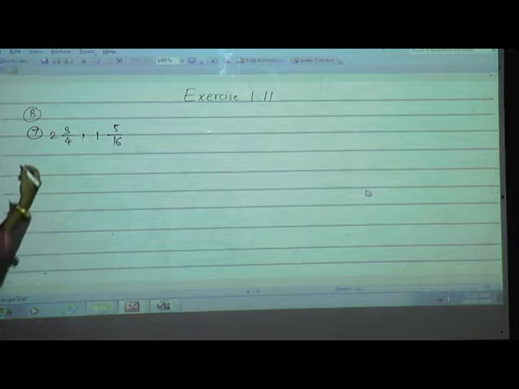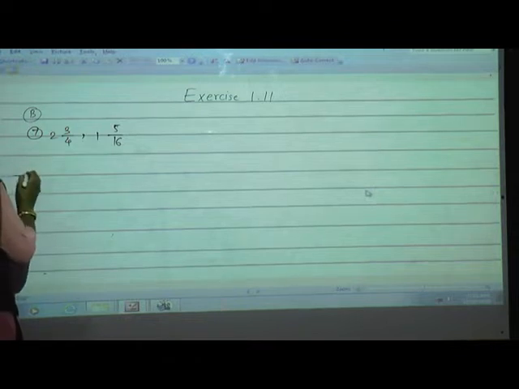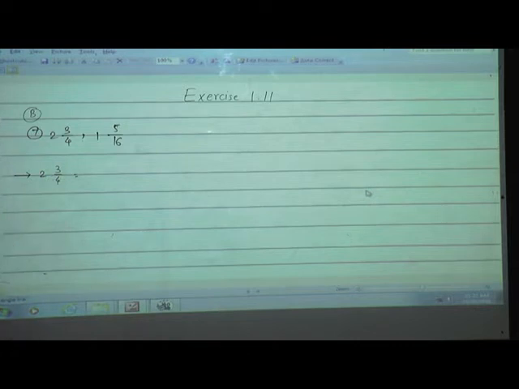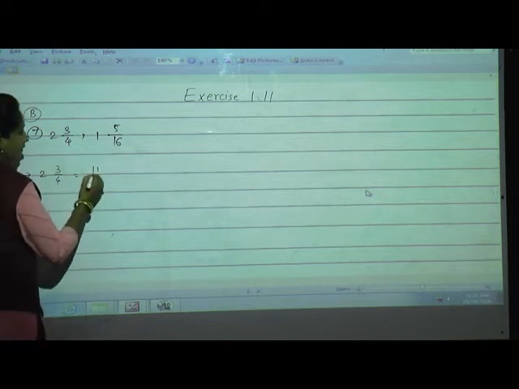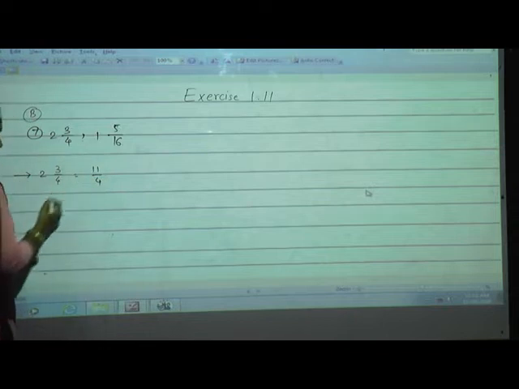Yes. So first we have to convert mixed fractions into fraction numbers, isn't it? So 2 3 upon 4. Shall we do it in shortcut? No need to write again 2 multiplied by 4 plus 3 and divided by 4. I'll do directly 2 4s are 8. 8 plus 3? Yes. Tell me. 11 upon 4. The next 1 5 upon 16.